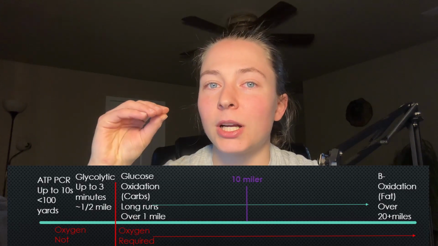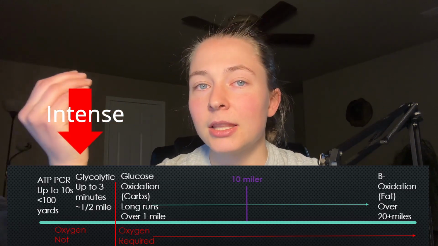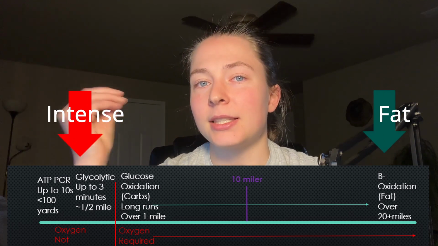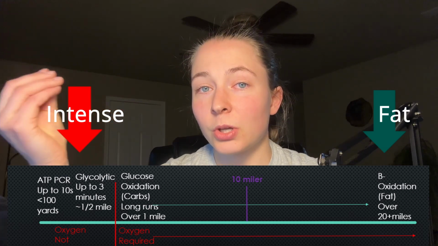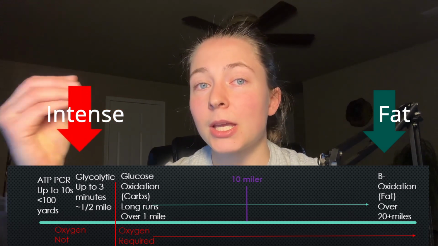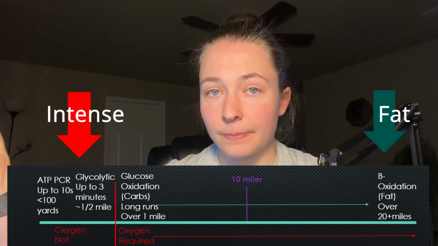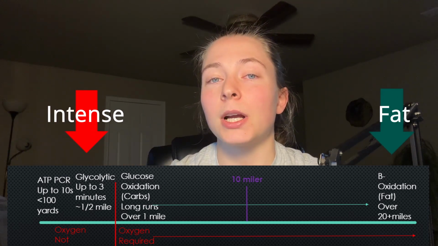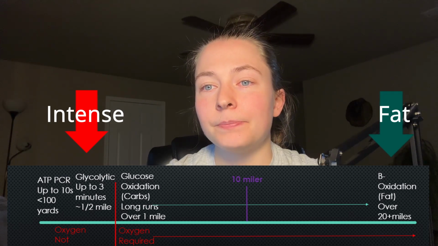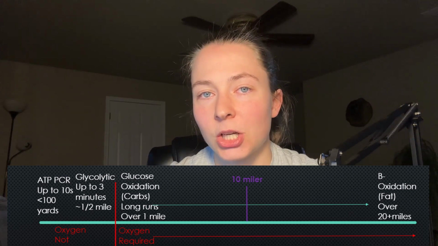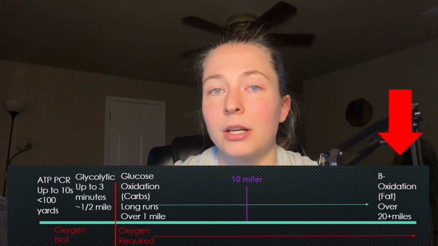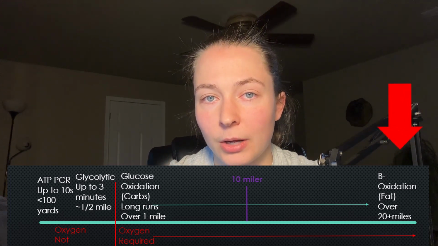The thing is, a lot of media likes to say that if we're doing really intense exercise, that we're going to burn fat. And the thing is, it's actually the opposite. The more intense the exercise, the more glucose, the more anaerobic that we're going to be, or pushing in that ATP-PCR system. So in reality, we're going to burn more fat when we're at rest or at very low intensity cardio. The athletes who use this system are more of your marathoners, especially if they're not fueling throughout the race,